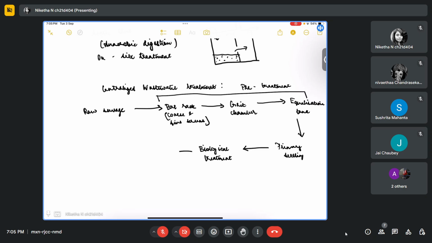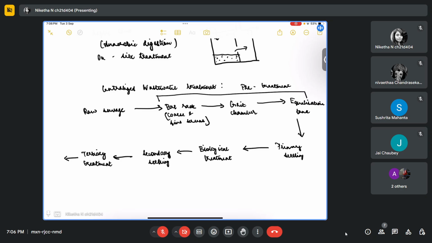And after biological treatment it will undergo settling again. This time the settling is called the secondary settling tank. After secondary settling, we will do some tertiary treatment like disinfection or filtration,